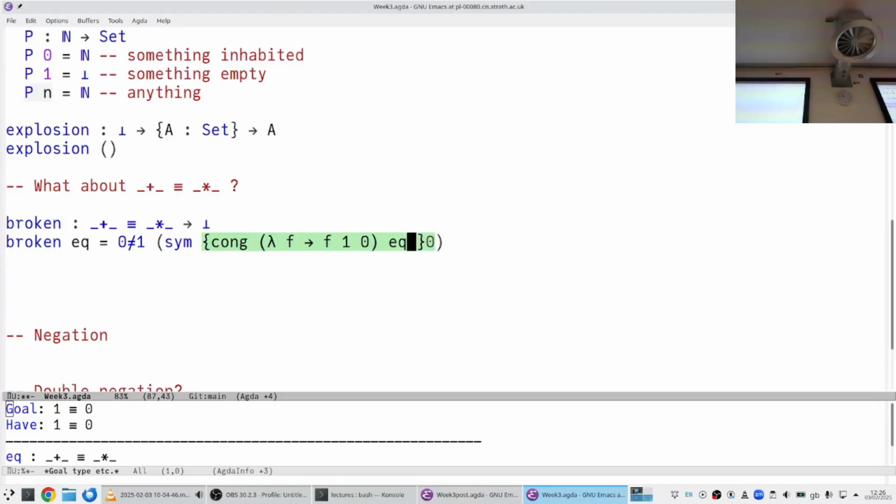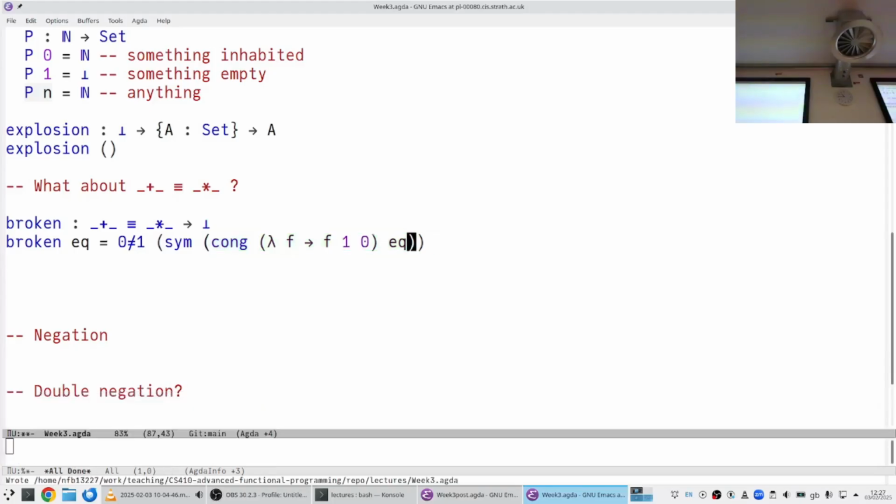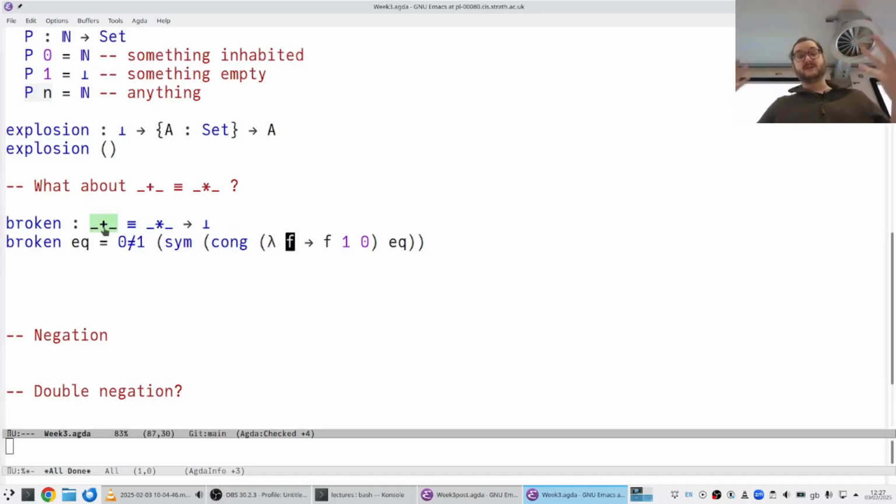So when I'm applying congruence, it's giving me either of the sides, the left or the right-hand side, and I want to transform it. So I'm passing the 2 arguments explicitly. This is why I'm getting a function here, because the equality is talking about functions. And then I should just be able to pass the equality, and that gives me a proof that 0 is